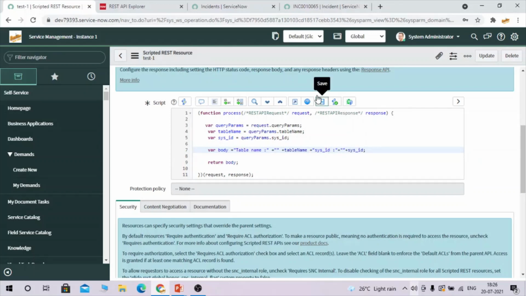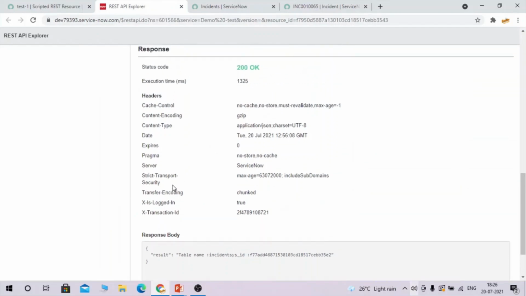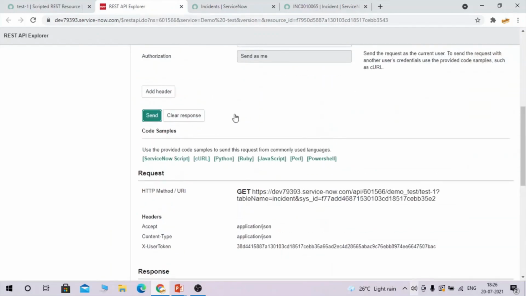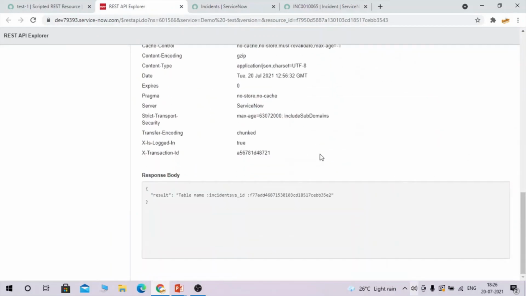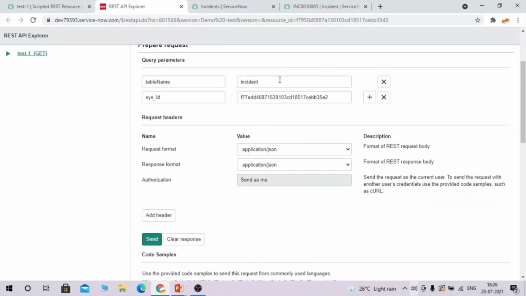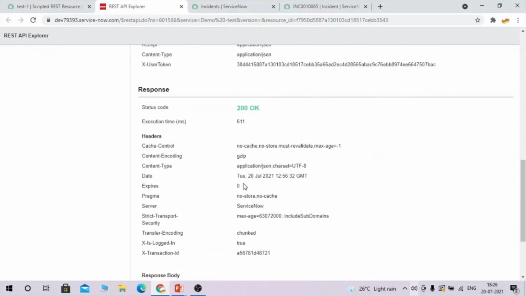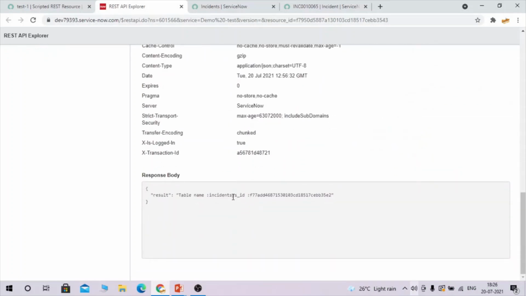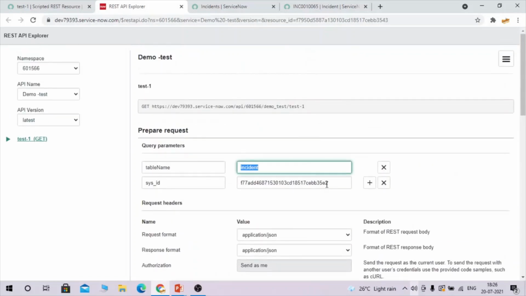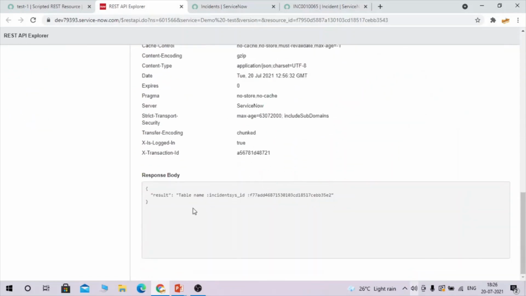Now let's save it. Here you could see you are now able to understand the table name, incident, whatever we have passed here has come in the result in the body, and this sysID, whatever we have passed here. So here we have set our query, and based on that you can see the result.